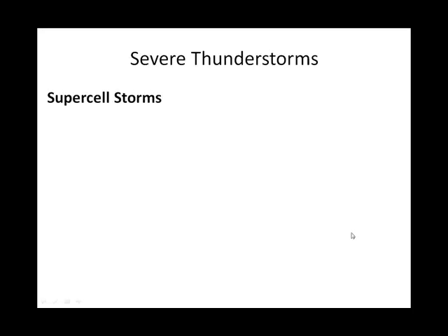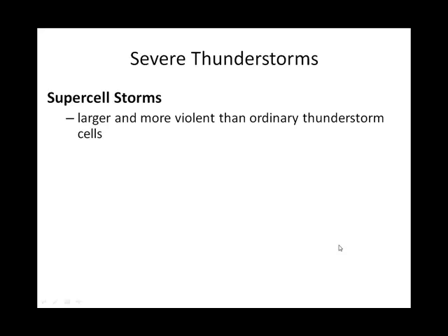So if you've been listening to these slides in order, you know that I've talked recently about just single cells, just single thunderstorm cells, and kind of approached it along the lines of something we call an air mass thunderstorm. Could be this single kind of gentle thunderstorm cell. I'm going to talk about something called supercells, but I want to revisit that just ordinary thunderstorm cells can bring all sorts of havoc. But supercell thunderstorms actually go through the same three stages, the cumulus, mature, and dissipating stage